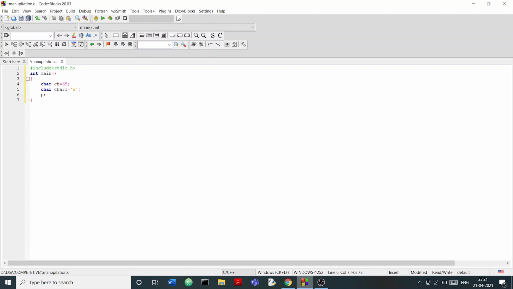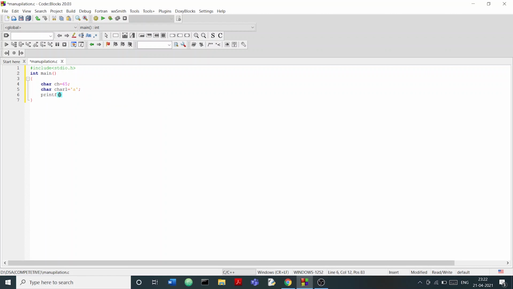Now let's print these characters, giving them format specifiers that depend on the data. You can see here that in the character variable ch, I have stored an integer value, that is 65. So what will our compiler do with this? And in the second character, char1, I have stored a character itself, but I am going to print it as an integer. That is, I am going to use the integer format specifier in place of the character format specifier, and let's have a look at what exactly it is going to print.